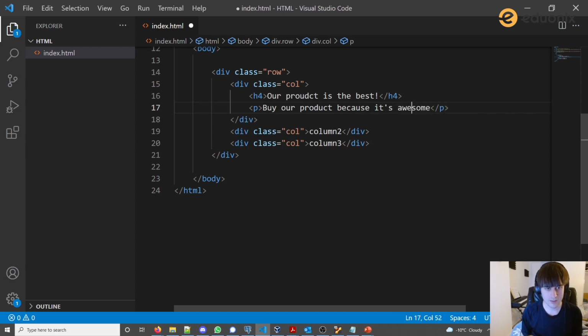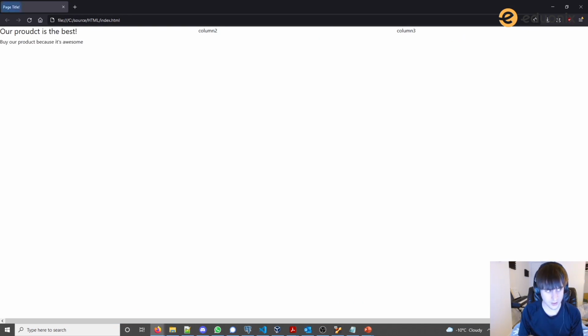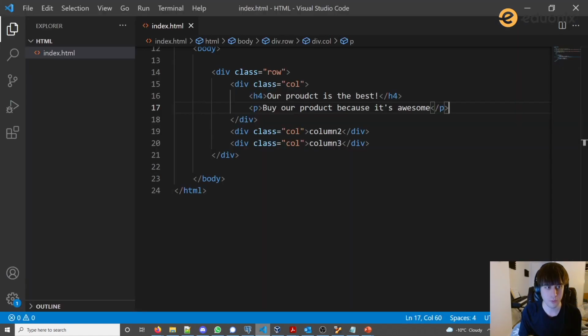Right? We could do something like this. And when we do this, we have both of these things contained inside of this first column. So what you're going to see is when we come over here, you can see that this first column gets the header and the paragraph. You see that they're all aligned with each other now. So that's one of the main perks of this sort of alignment. And I can do this with the other ones as well. And we'll go ahead and do that just to keep with the theme of making a web page